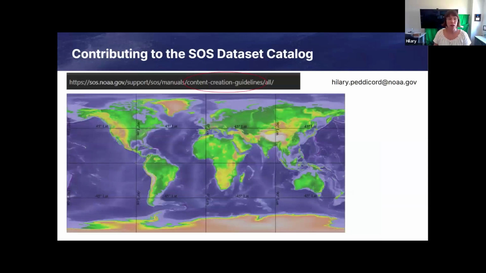And finally, if you want to contribute to the SOS Dataset Catalog, I think I may have gotten across that it goes to a lot of people. We do offer our data free to any platform that is spherical. There is my email address. You can just Google content creation guidelines if you want to know a little bit about the way that we accept data. But this map is a brief example of that: we do a 2x1